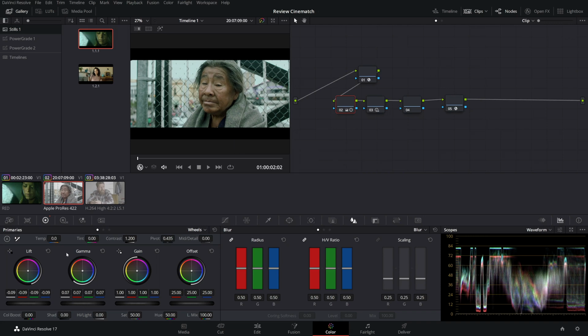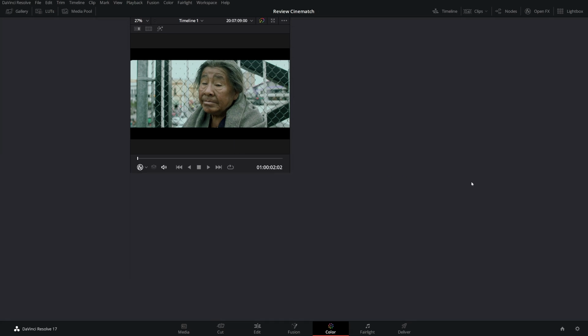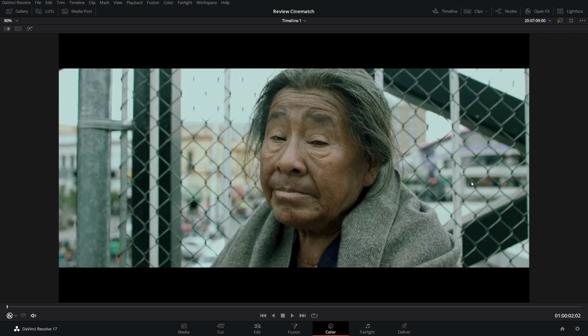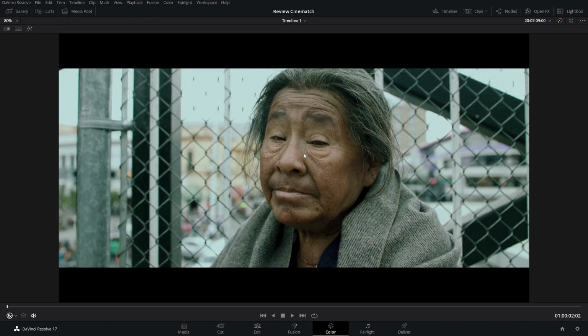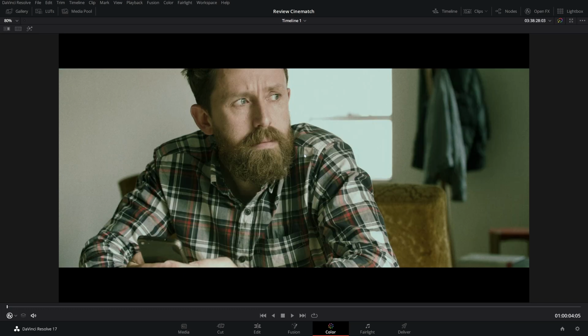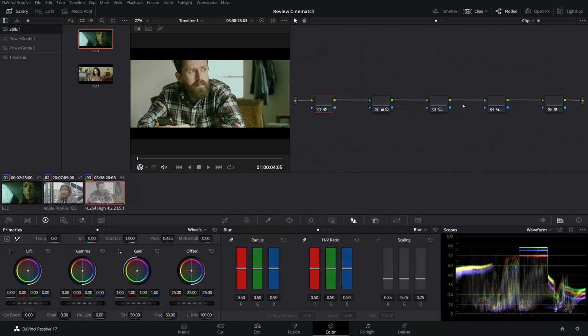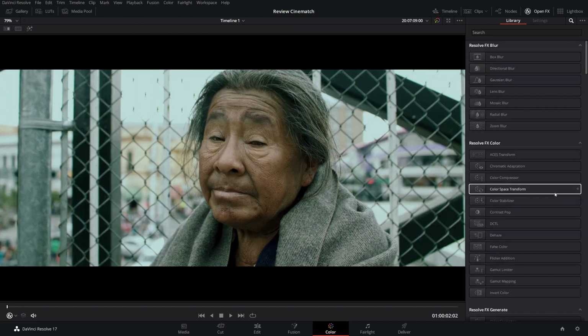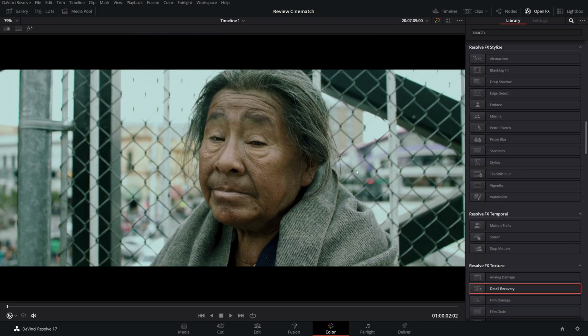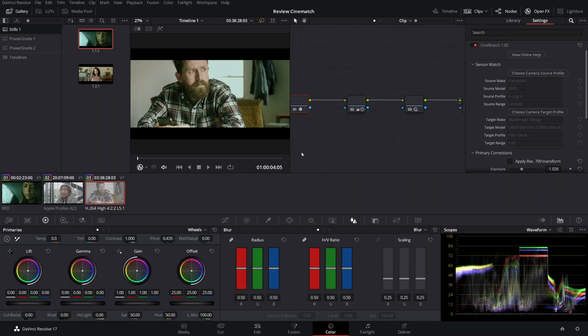close. I have no words for this. It's amazing. Look at that. It's incredible. It's so easy to work with this. I'm amazed. I know I'm repeating the same thing every time, but it's incredible. You just tweak some things, just a little less here, and that's it, guys. It's done. Cinematch, what you did, it's unbelievable.